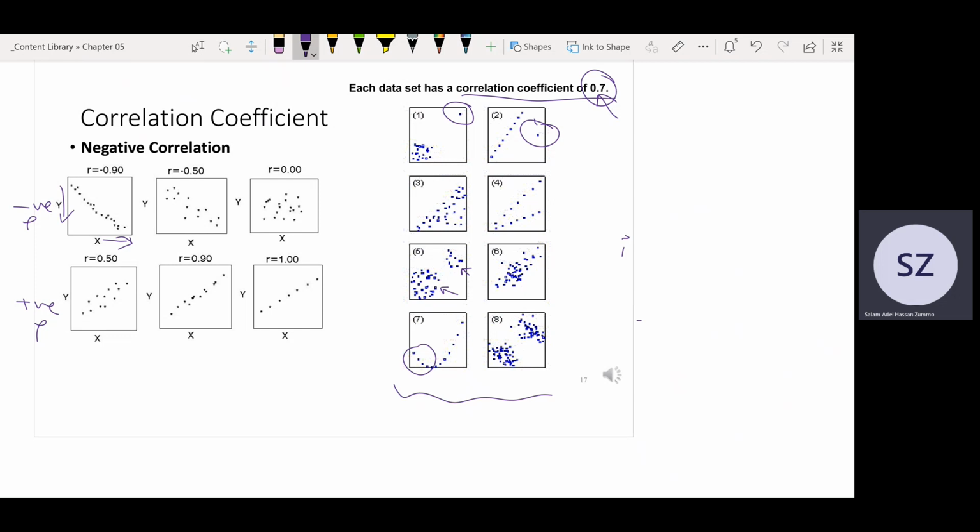هنا rho is very large, negative, minus 0.9. Here it's minus 0.5. Here it's 0. طبعا 0 تلاقي انه خلاص ما في relation. واضح انه circle. There is no trend. So here the trend is negative. اوكي يا شباب؟